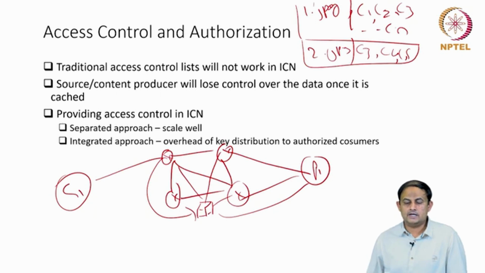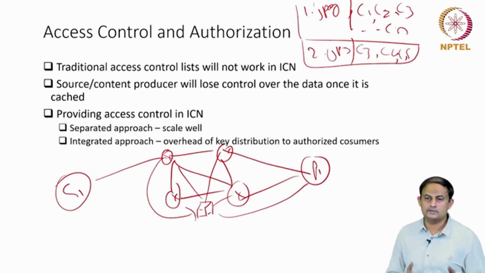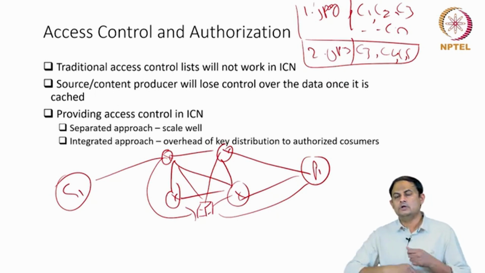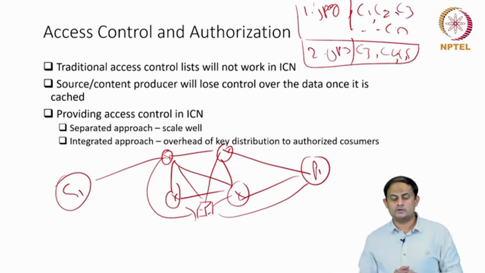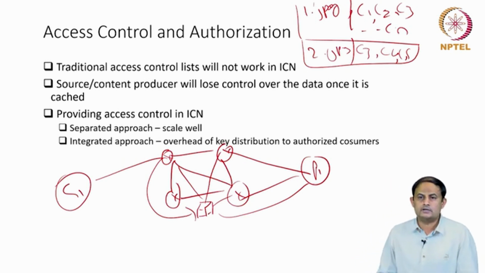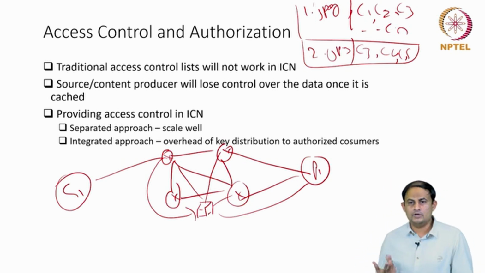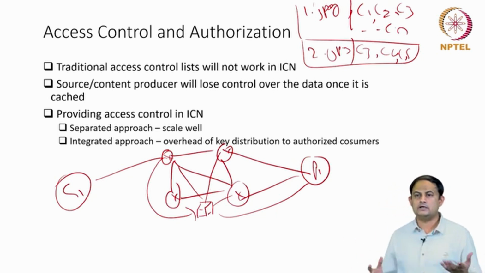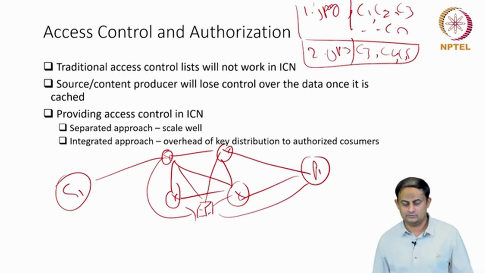Now this is obvious that this will put further load on the network routers. Now I not only have to store the content, but also a laundry list of a large number of users who are authorized to access that content. How do I build such a solution which is scalable, which can work on a network as big as the internet, is a question. Nevertheless, this is one way of looking at the problem. We don't know whether this will work on a larger scale or not, but it is one approach you can think of.